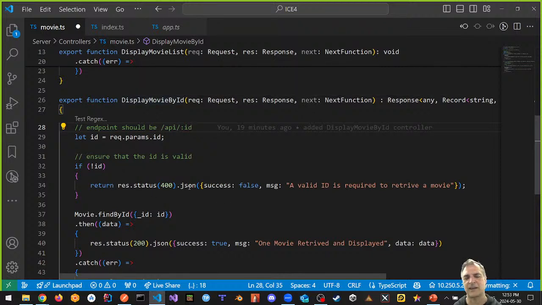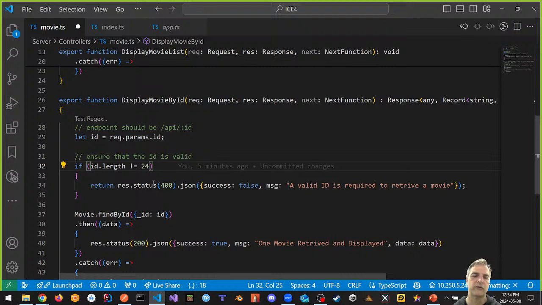However, going back to this again, it says success false, message, a valid ID is required. But this is like if we don't get an ID, and that's not really what the problem is, is it? The problem is if the ID length, the string length, because this is a string, is less than 24 characters. So we can say, if ID dot length is not equal to 24. It can't be even larger, by the way. It has to be exactly 24 characters. If it's not 24 characters, we return a status code of 400, which is basically going to say that's an